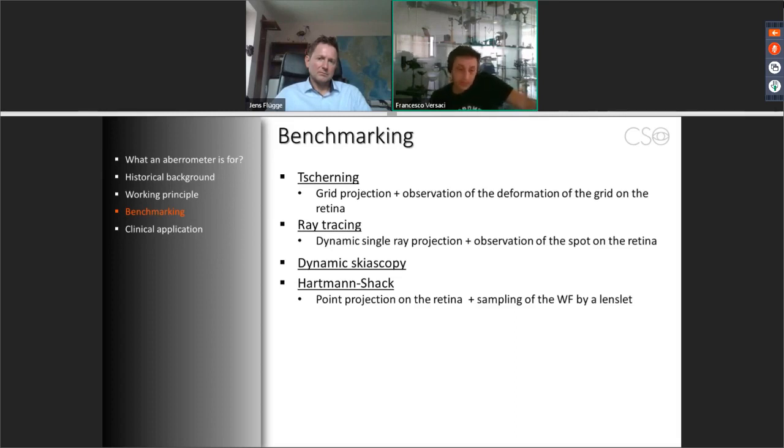in the market. A nice method to measure the aberrometry is provided also by NIDEC by the aberrometer called OptiScan. And they use a kind of dynamic skioscopy. And last but not least, because it's the most spread way of measuring the wavefront, we have to consider the Hartmann-Shack. So Hartmann-Shack